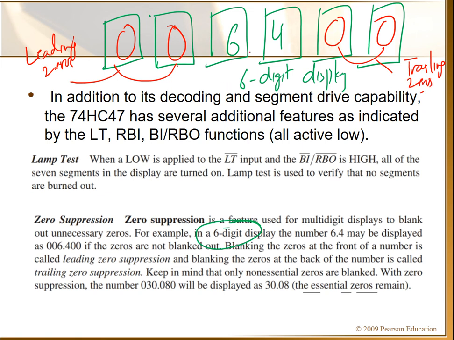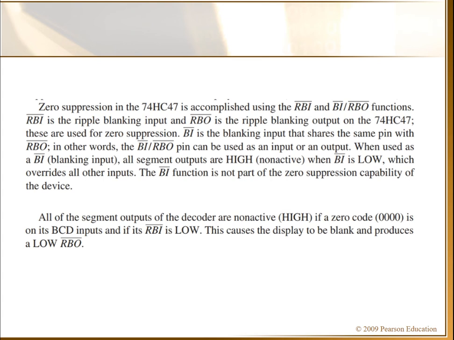If your board is displaying 006400, it will be confusing, because you just want to display only this number. So what will you do? You will suspend these zeros, the leading zeros and trailing zeros. This is called zero suspension. If you suspend the zeros, these LED displays will not be on, and only 6 and 4 will be displayed here. We do this zero suspension using RBI, ripple blanking input, and RBO settings. So that is the function of these two in that 7-segment driver.